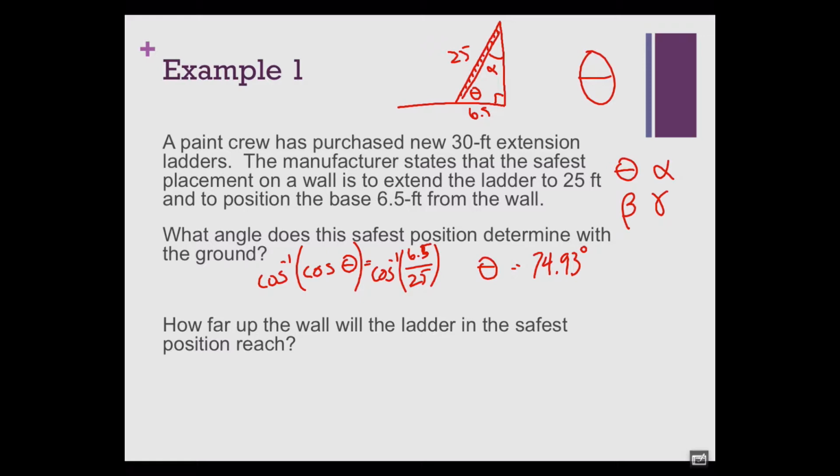How'd you get that? I set up some variable, I called it x. What is it called? Alpha? Alpha, yeah. So I did sine of alpha equals 6.5 over 25 and then I took the inverse. Perfect. Excellent. Too much work though. Well, I found that one first and then